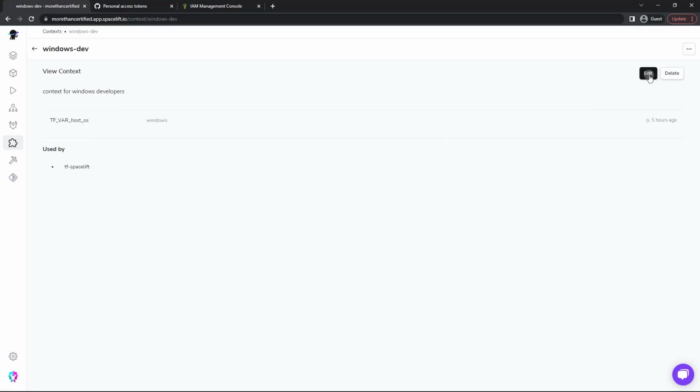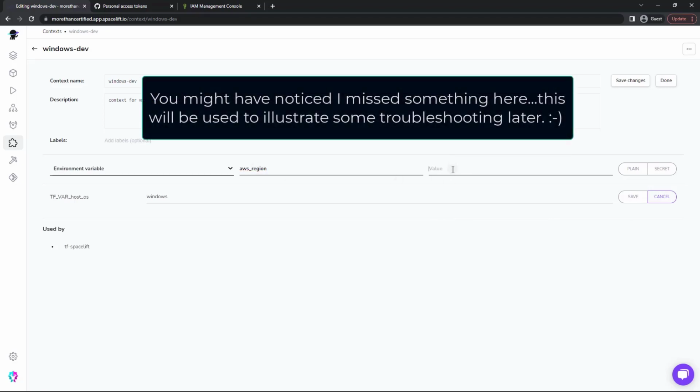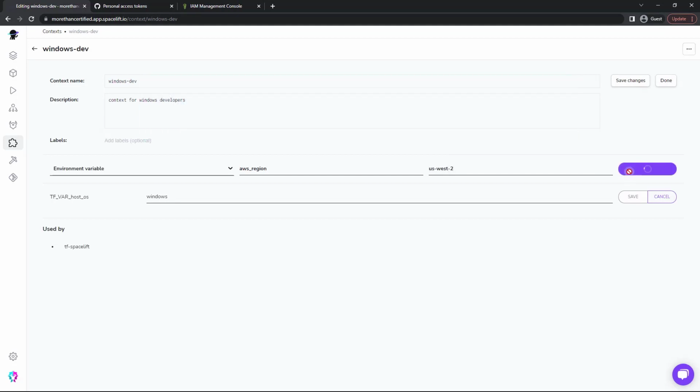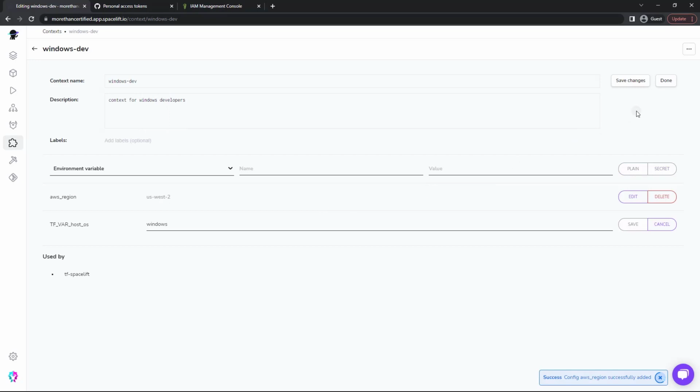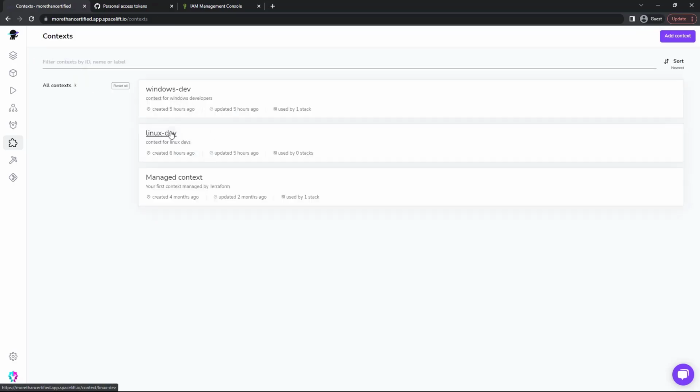So I'll go ahead and edit this Windows Dev here. Just click on edit here, and we'll just call this AWS_region, and the value is going to be US West 2. And we'll keep that plain text, that's fine. Save changes, and done. And then let's go ahead and do the same for the Linux dev context, in case